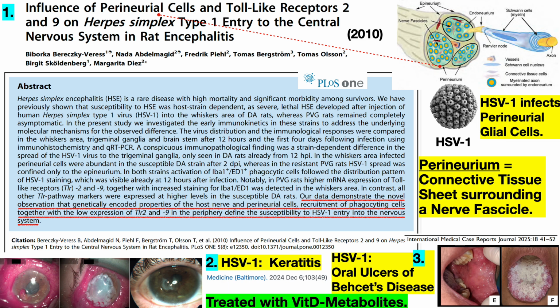Our data demonstrate the novel observation that genetically encoded properties of the host nerve and perineurial cells, recruitment of phagocytic cells, these are white blood cells like macrophages, together with the low expression of TLR2 and TLR9, these are toll-like receptors, in the periphery define the susceptibility to HSV1 entry into the nervous system. Now, in the upper right,